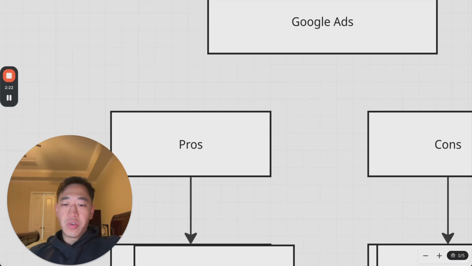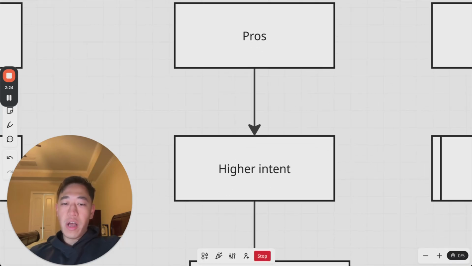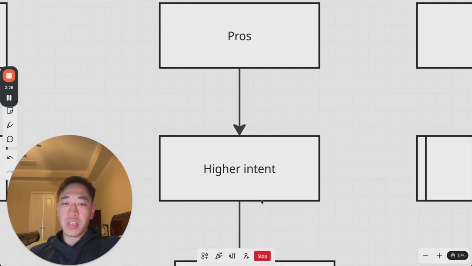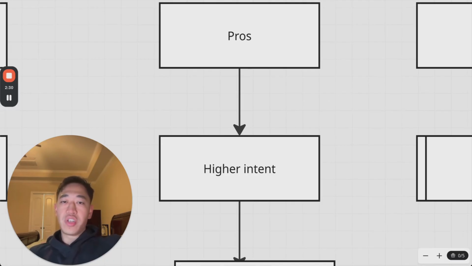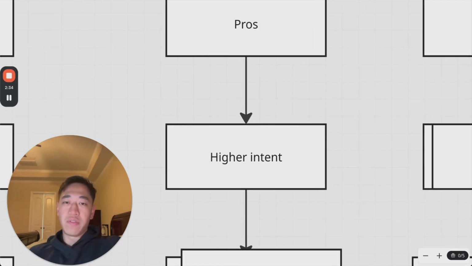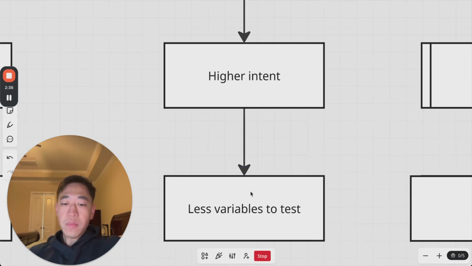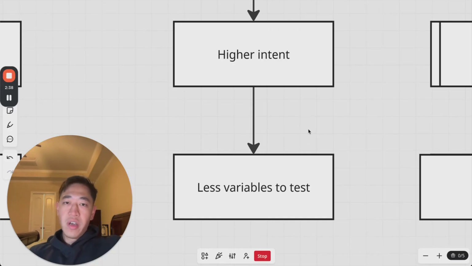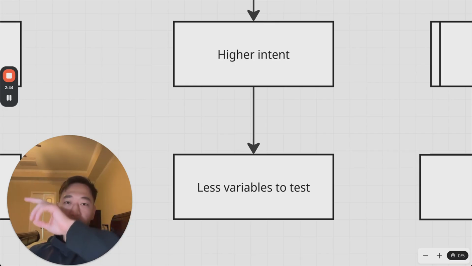So now let's get into Google ads. Let's talk about the pros of Google ads. With Google ads, it's going to be high search intent because these people are searching for, let's say, roof insulation in XYZ city. So all the people need a new roof. It's just a matter of separating yourself from the competition. And there's less variables to test. Essentially, they're just searching for a keyword. There's no creative attached with Google ads. Maybe you have a small picture, but for the most part, nobody really looks at that.